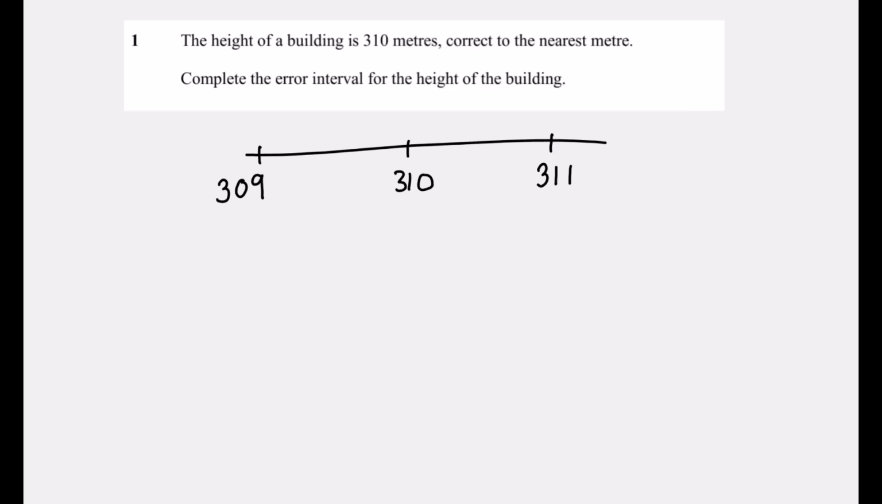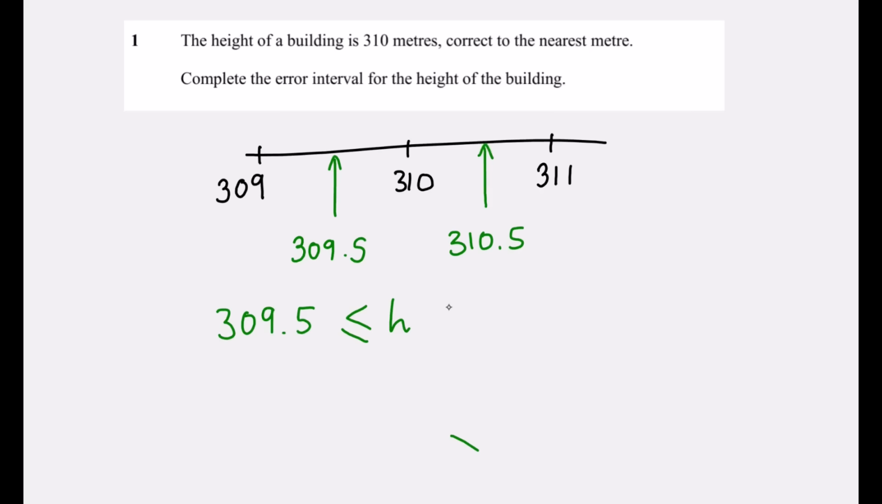So to round to 310, it must be between these two midpoints. Halfway between 309 and 310 is 309.5. Halfway between 310 and 311 is 310.5. So the height must be bigger than or equal to 309.5, but less than